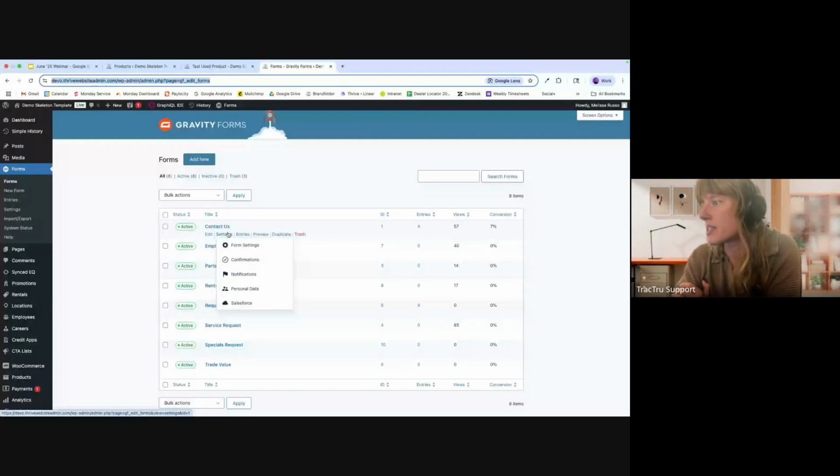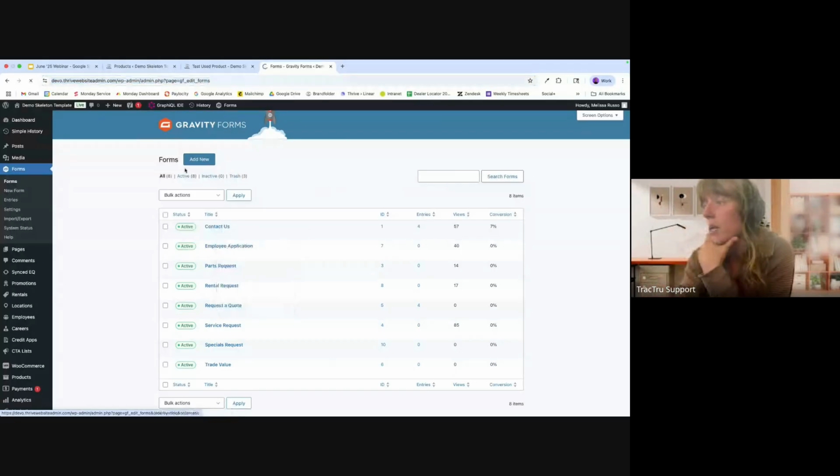When we come into this forms view, there's a lot of different things that we can take a look at. I'm just kind of going to use the contact us as an example, and I'm just hovering here. So I'm hovering over contact us under settings. You'll get this drop down, and this is the main area that you're going to want to live in for checking form leads. So notifications are form leads. Confirmations are what get sent to the customer. So when we click into notifications here,